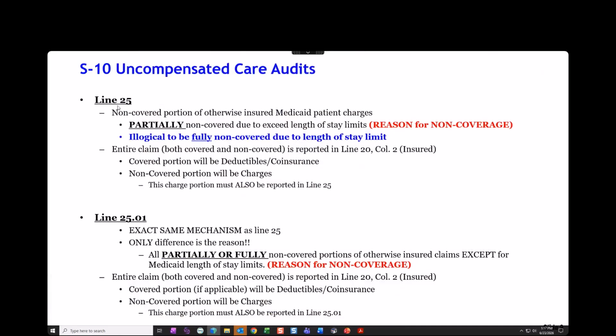And then going back here, now line 25 has existed for quite a while. 25.01 is a brand new line, but they do the same basic thing, just for different types of claims. They both relate to the insured claim, or the covered claim, if you will, that is partially non-covered. When I say covered, I mean it's in the insured column, but it's not fully covered. It's not fully insured. So some portion of that needs to be carved out and calculated separately. That's what line 25 and 25.01 do. The difference is simply what types of claims go in there. For line 25,